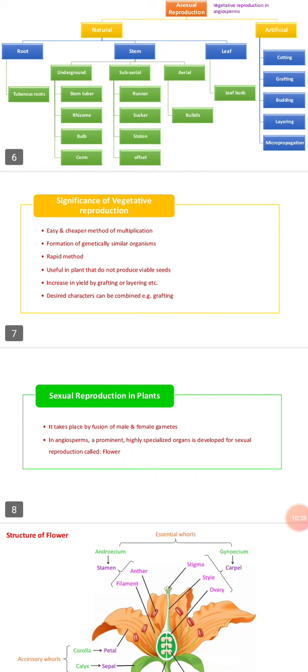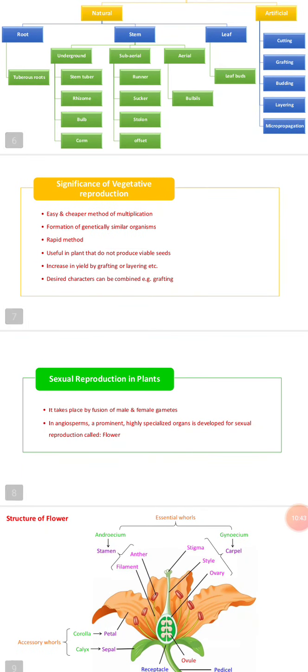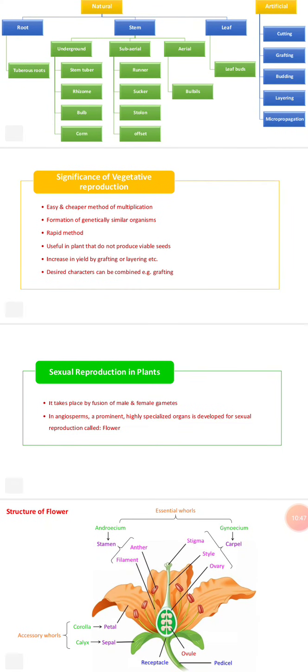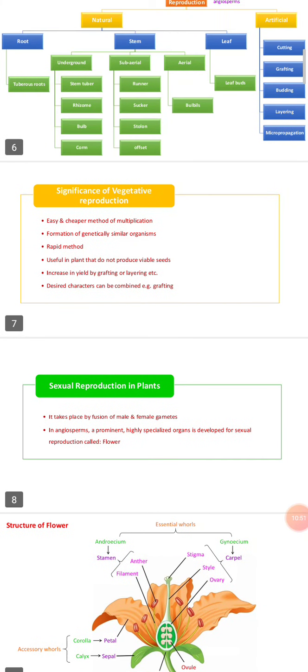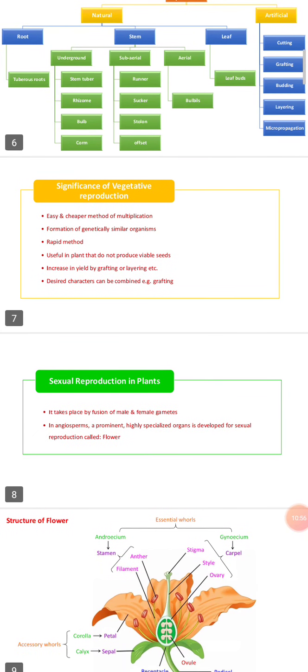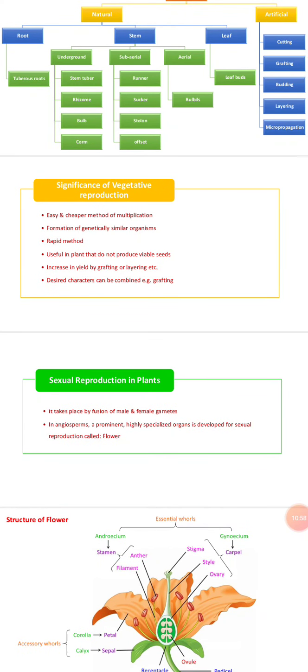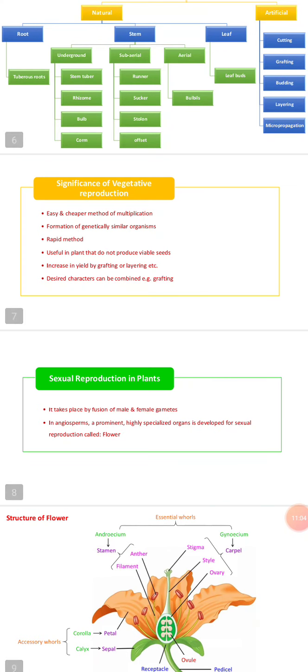Stolon means what? Those types of stems just prostrate along the soil layer. Offset: there are different types of aquatic plants, among them Eichhornia and Pistia. They have a stem which is hollow in nature, and it normally grows on the water layer. It is a modified offset, a modified stem.